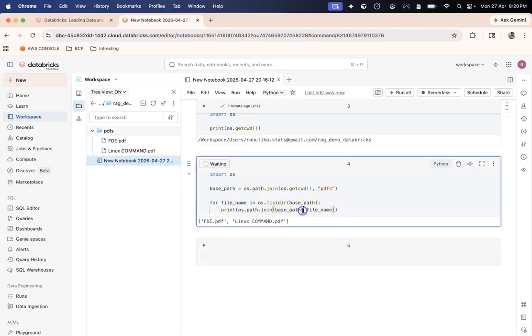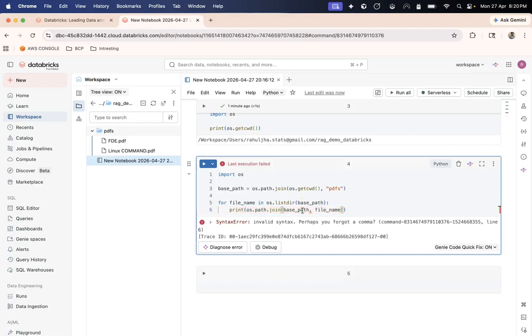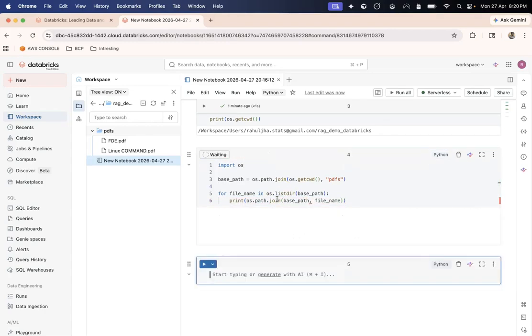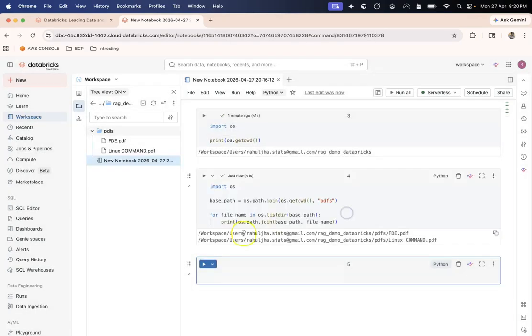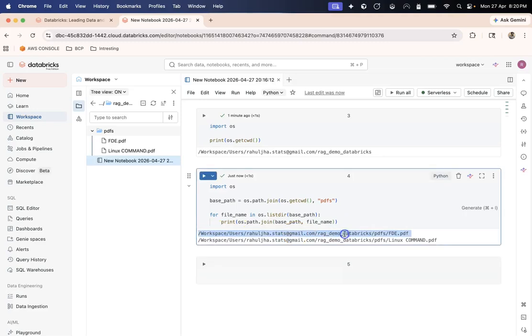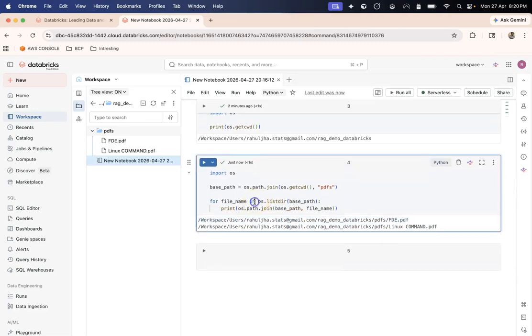And if I run this, I should be able to... okay, this is not defined. Sorry, I'll just rerun this again. Okay, now I can see that I am printing this whole thing. So now that we are able to see how we can get the path of the file name, the next step would be to read it.